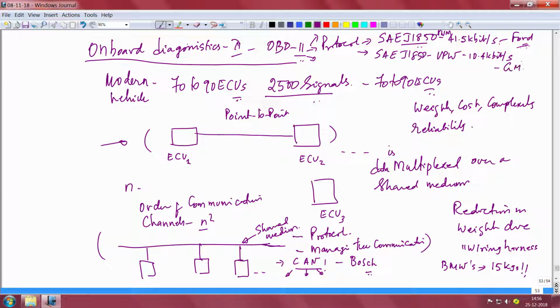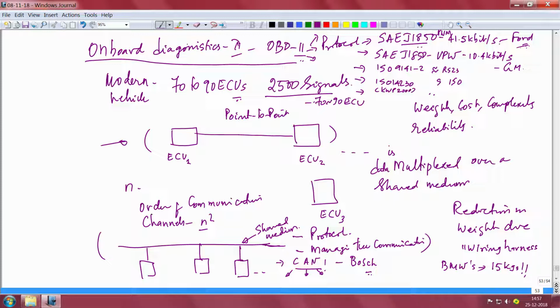These are all giants who have generated their own standards. Then there is an ISO standard, ISO 9141-2 is another standard, and this is asynchronous serial data rate of 10.4 again, and it is somewhat similar to, I would say, very similar to RS232, okay. So, there is this ISO 14230 KWP 2000, I will just write it in bracket.